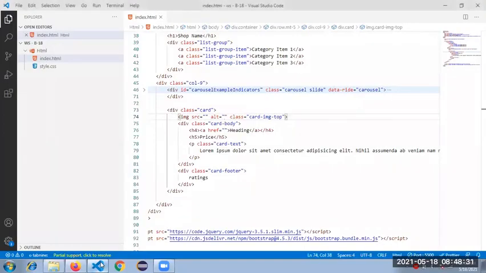We need to give the alignment to that. Where we will do the changes over there. Only one item we are having. That's why the problem, right?